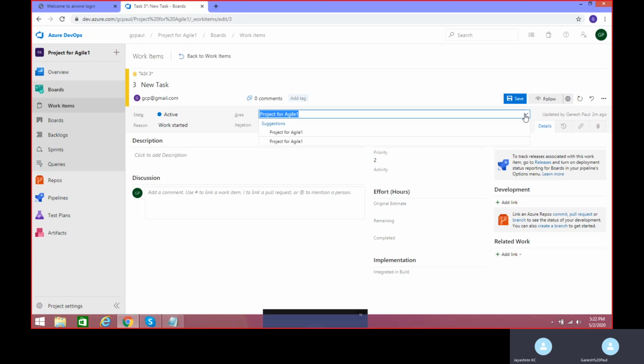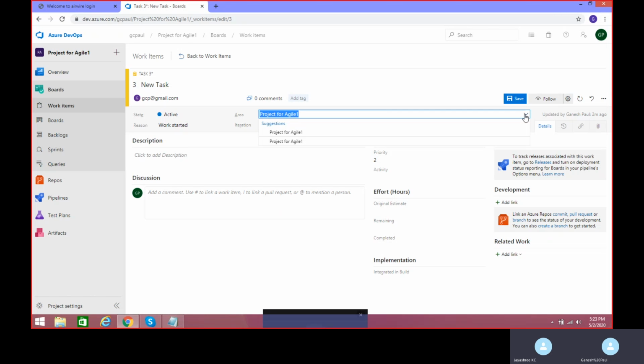For now, let's understand that your area is the address where your task is going to be stored. We will come back to the project settings where you will understand more about your area path and iteration path, because that is also quite important. We will have a class for that as well. For now, let's keep the default one.